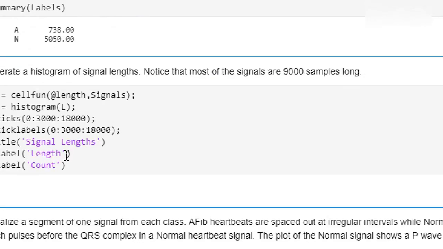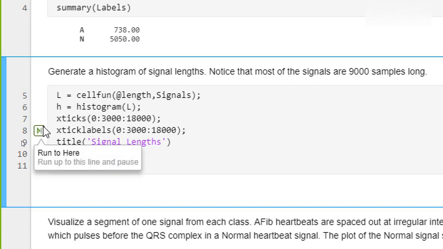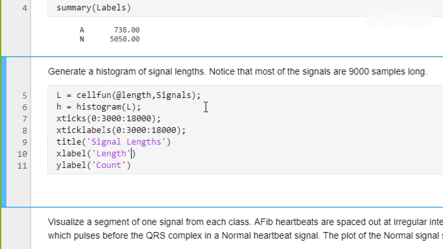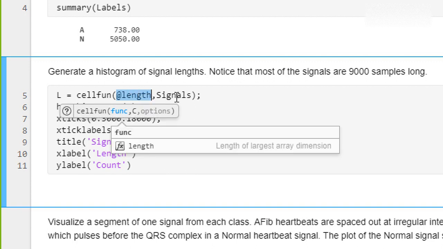Okay, now the good thing, if you are using MATLAB and you have data in a cell and you want to apply any function on a cell, so what will you do? Maybe you are going for a for loop, calling each index from the cell and applying your algorithm, but that is not a good way. You can use cellfun for that, and using the @ function handle you can apply this function on the cell.